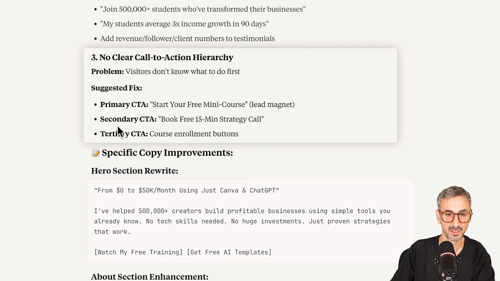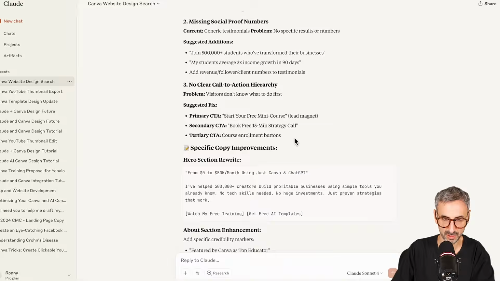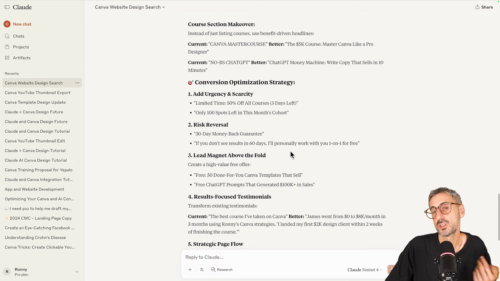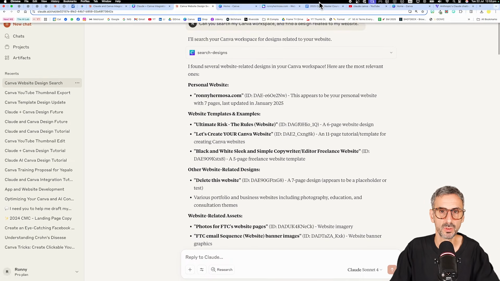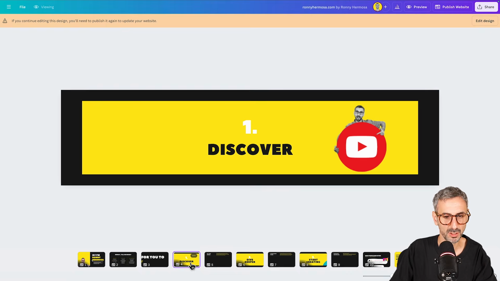Lead magnet. Then secondary CTA, book a free 15-minute strategy call. Tertiary CTA, course enrollment buttons. Okay, so it gives me some interesting suggestions for how to improve this website that I created in Canva. I like that. I like that it understands the structure, what I'm trying to do, and then I can tap into its knowledge